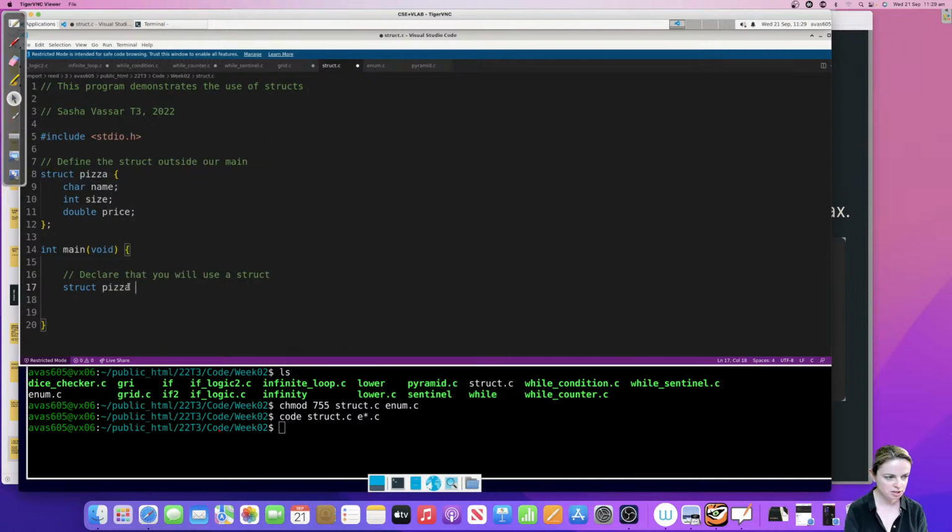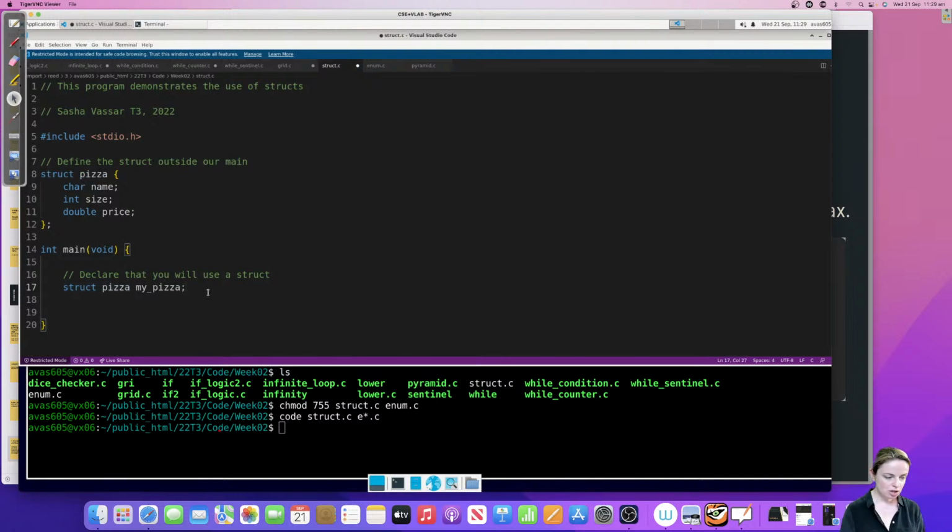So I'm going to say I want a struct pizza, so something of type struct pizza, and I'm going to call it my pizza. That's it. So you declare it in exactly the same way that you declare a normal variable, by saying that you want something of type struct pizza, and that's exactly what you're getting, and then the name of the variable. So in this I want it to be called my pizza.